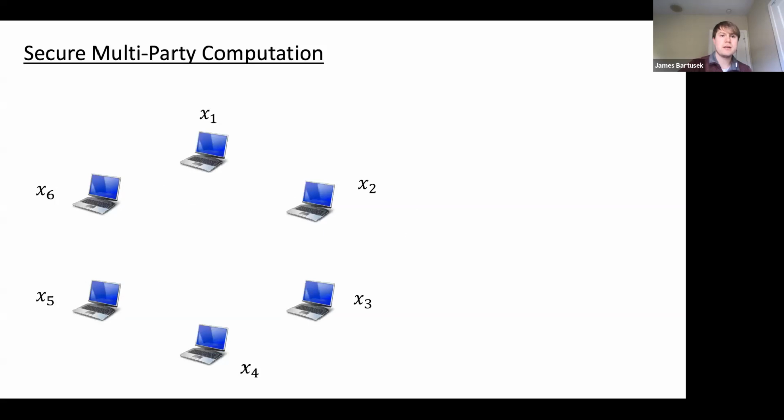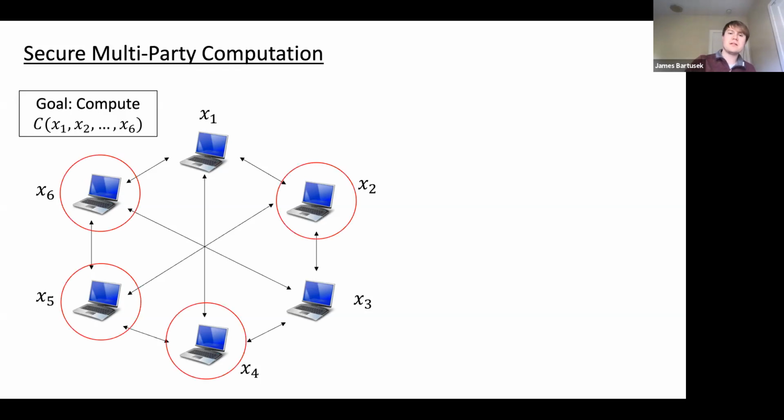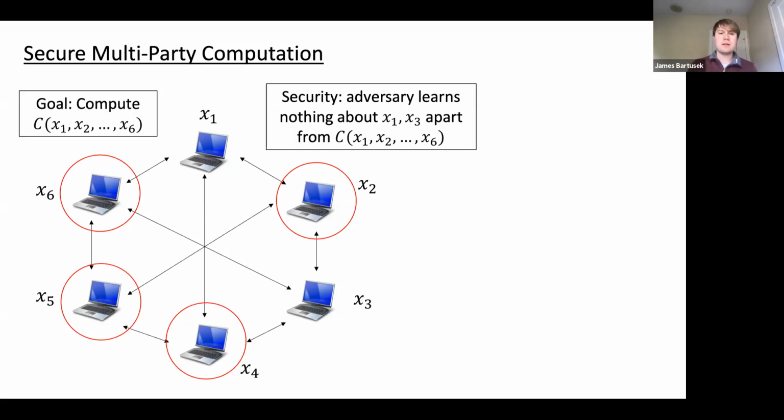Okay. So first, what is secure MPC? We have a set of parties. They each have their private input, and their goal is to compute some public function, some circuit over all of their private inputs. And they'll do this by communicating with each other. And for security, we want to say that if we have an adversary that is corrupting and controlling some set of parties, this adversary doesn't learn anything about the honest party inputs through interacting in this protocol, except for what it should learn from just the result of the circuit. Okay, and this is really a general, widely studied notion in cryptography with many flavors of security definitions, and most of these flavors are